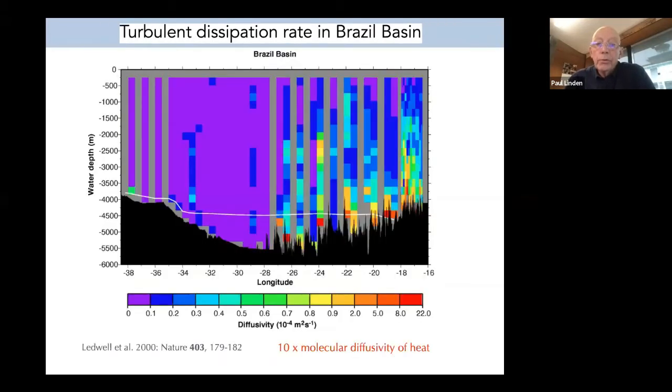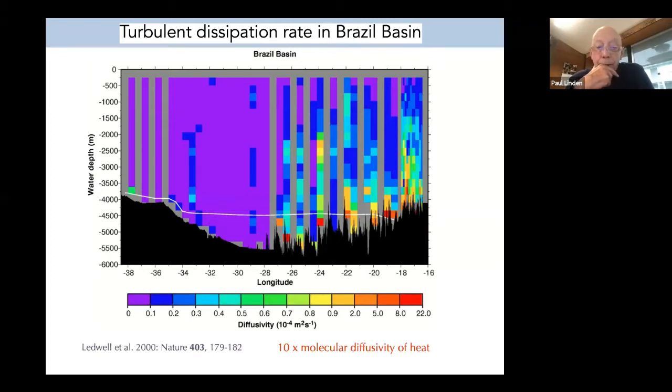Okay, so here's one example of how this mixing takes place. This is in the Brazil Basin in the Pacific. What you see here are measures of the dissipation in this basin. The geography doesn't really matter, but what you can see here, in these colored bands, are measures of the diffusivity